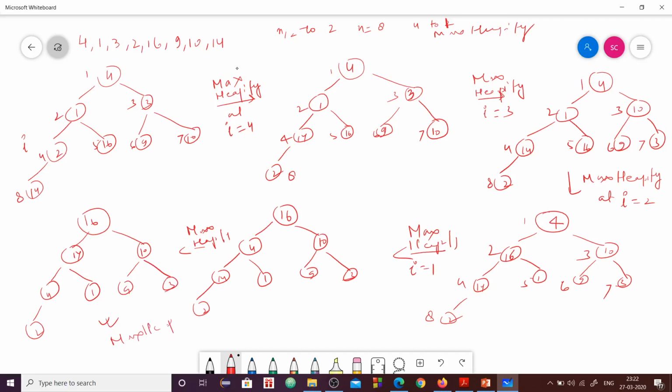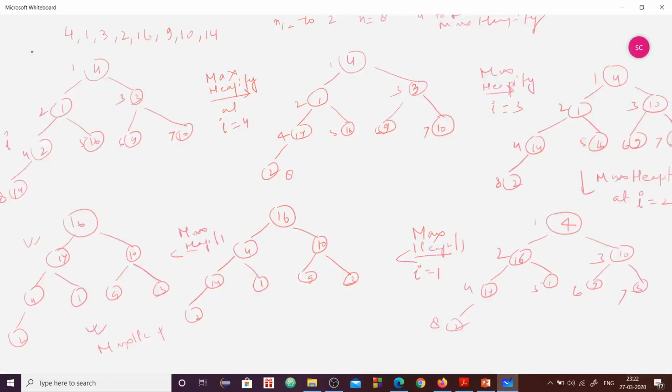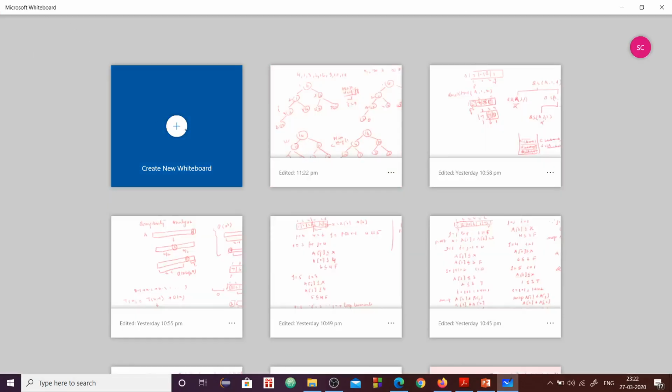So we have processed the build max heap algorithm along with the Max-Heapify algorithm, and this list of numbers is converted to a max heap. So this is our max heap. Now the second step is to heap sort it. So let's see how to heap sort it. The max heap we got was